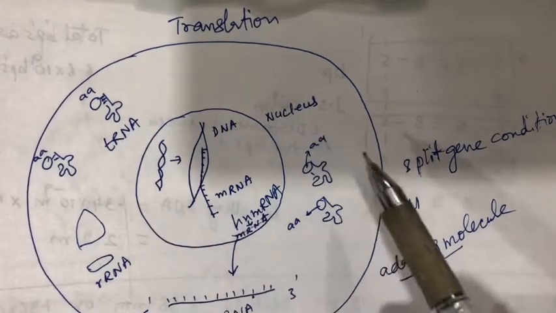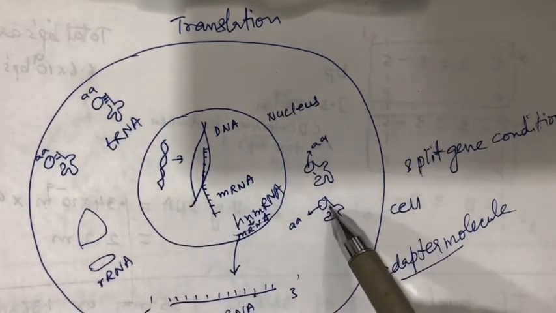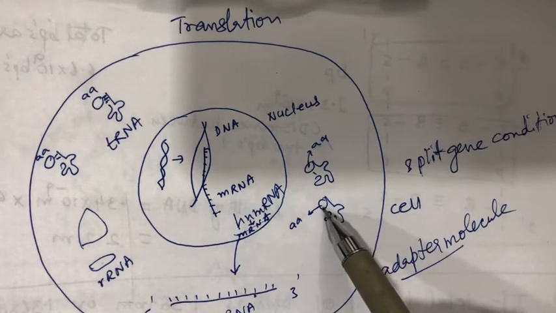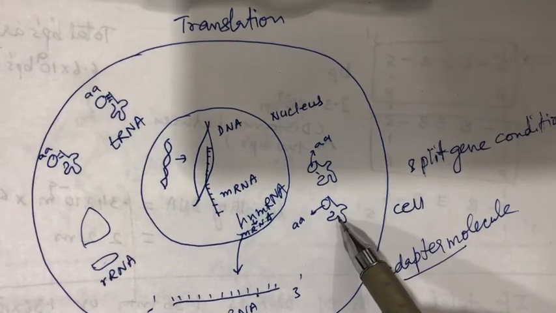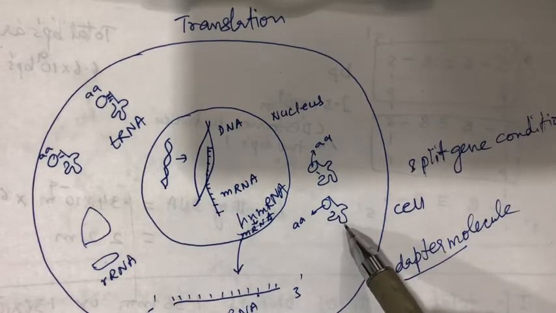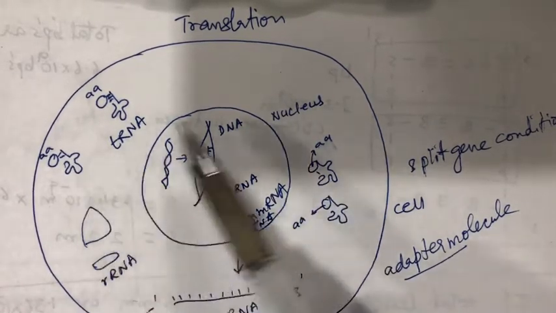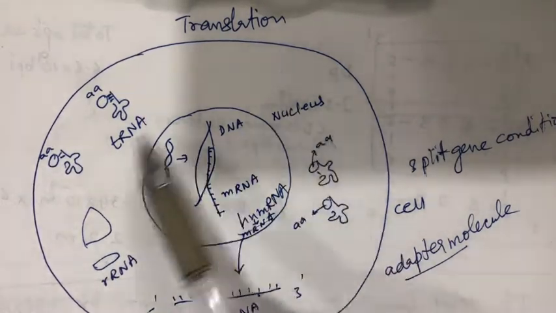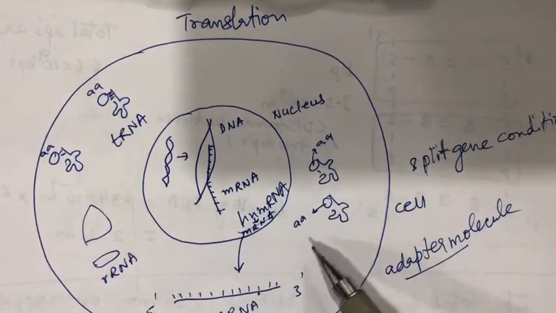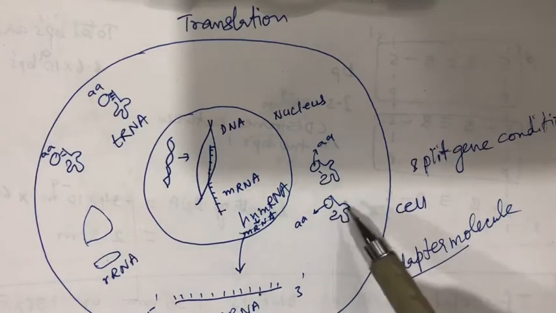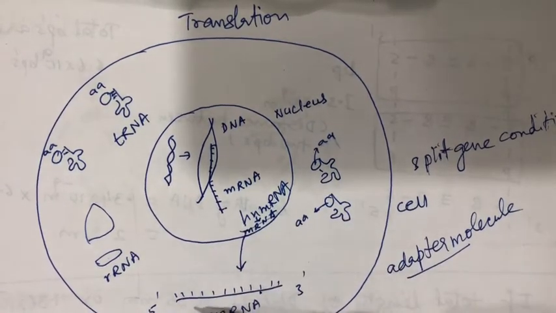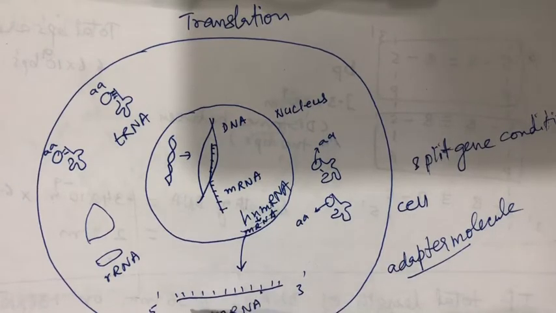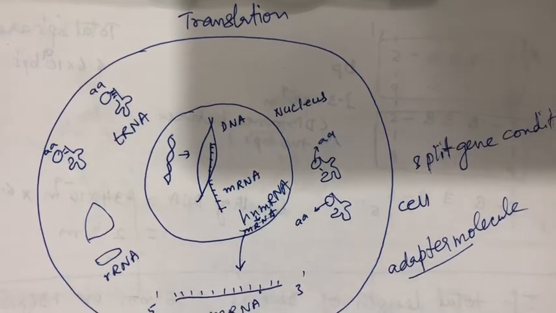Charged tRNAs means that the tRNAs are bonded with an amino acid. They are carrying the amino acid; a specific type of amino acid is attached to a specific tRNA, and there are 20 different kinds of tRNAs in the cytosol with 20 different types of amino acid. It is a prerequisite to translation that these charged tRNAs are already there, and these tRNAs will come to this side, and the process of translation will be initiated.